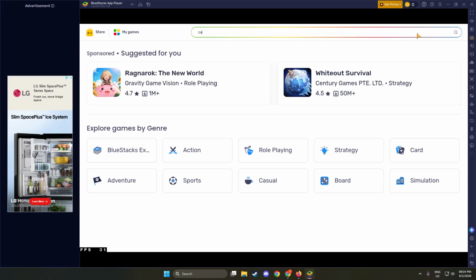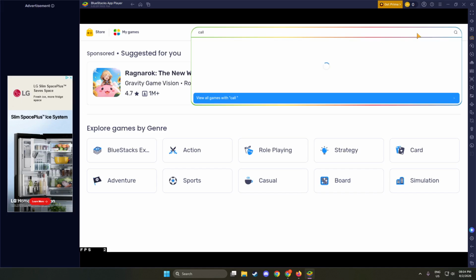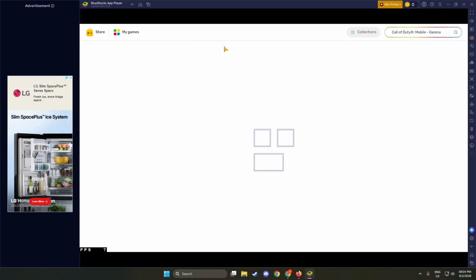Give it a moment if this is your first time, because it can take a little longer on the first launch. Now click System Apps, then Play Store. You will find System Apps as a folder icon on the home screen of BlueStacks. Once you click it, a small grid of default apps appears, including the Play Store icon. When you open Play Store, it should look just like it does on an Android phone, with a search bar at the top and different app categories below.